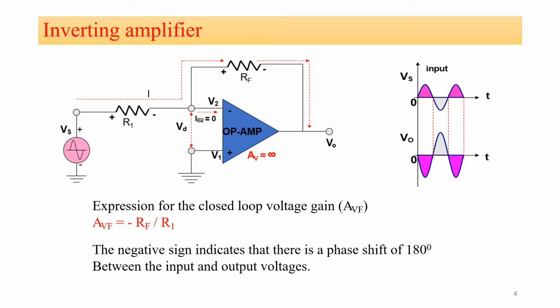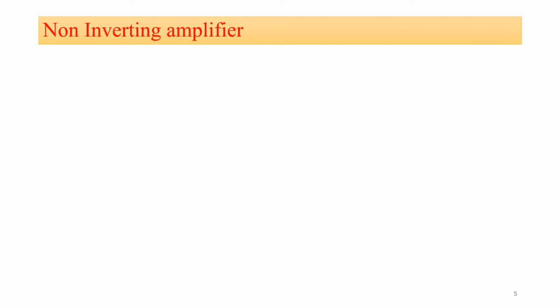When the feedback resistor Rf equals 10 kilo ohm and the input resistor R1 equals 1 kilo ohm, we can say that the closed loop gain totally depends on two values only, that is the feedback resistor and the input resistor. Now this is how to use our inverting amplifier by using IC741. Now the last type of amplifier, that is the non-inverting amplifier.